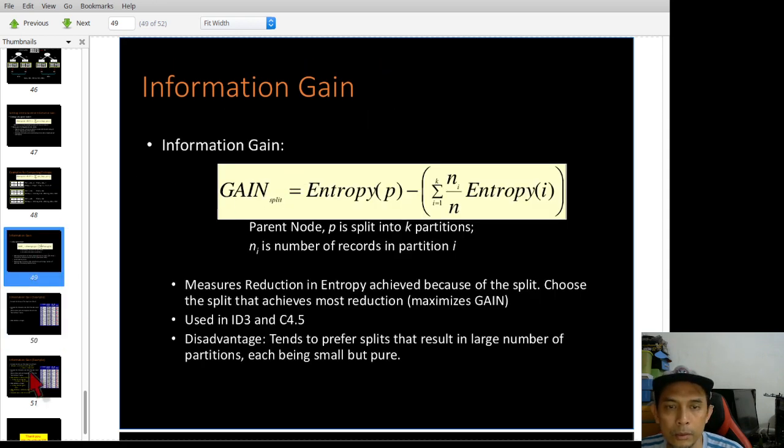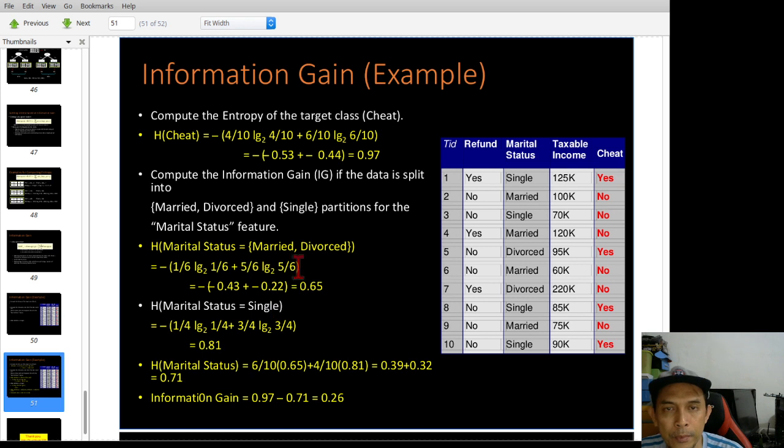So applying that formula, first you need to calculate the entropy for cheat. Entropy for cheat is calculated between yes and no. You have a total of 10.